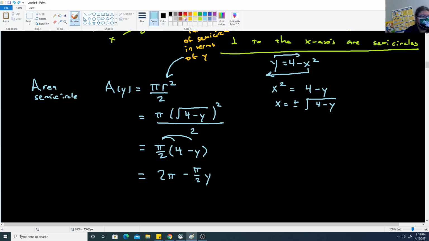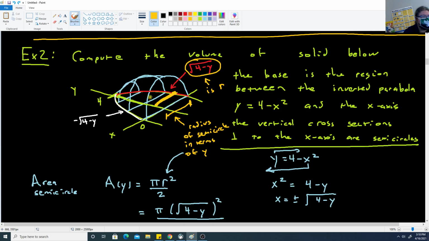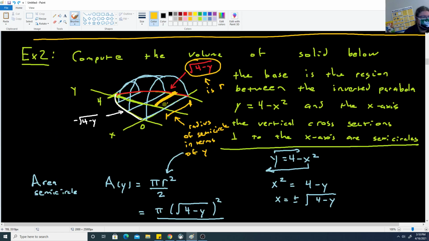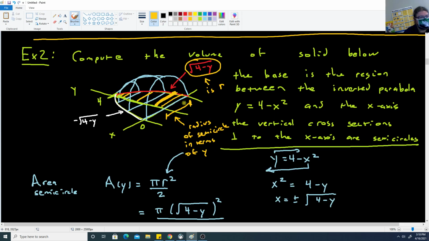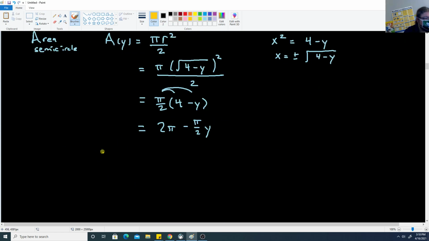This is what we're going to set up our integral with. Our integral is going to start at 0 and stop at 4. As the y value changes, this gives us the area of each of the semicircles each step of the way. When y is down here, you get bigger semicircles. When y is way up here, you get smaller and smaller semicircles. This bit here tells me the radius, and we use that to generate the cross-sectional area. So we'll integrate this from 0 up to 4